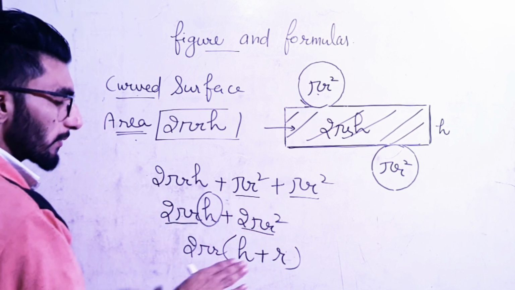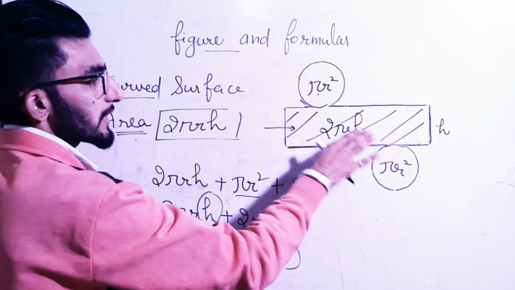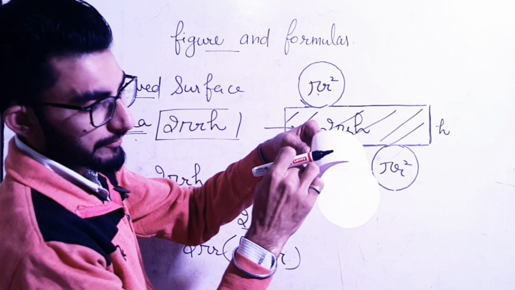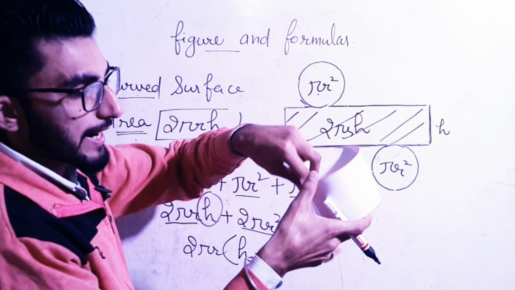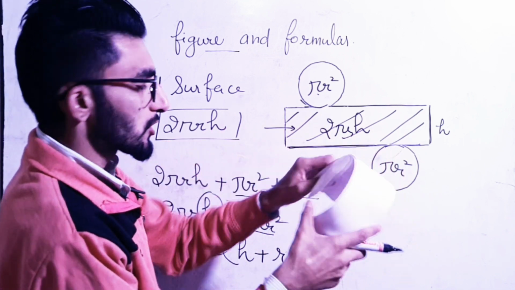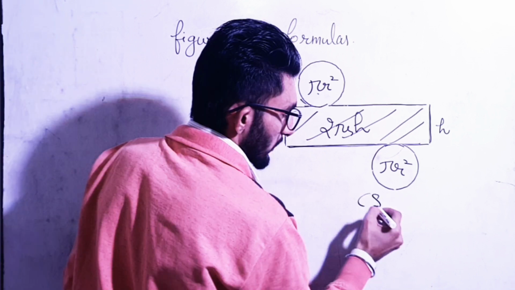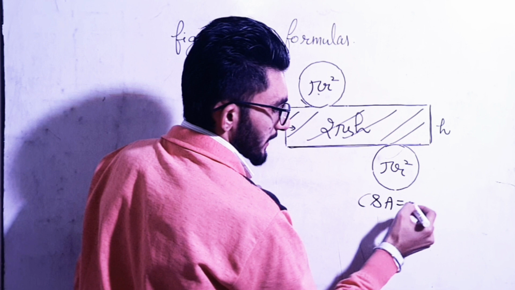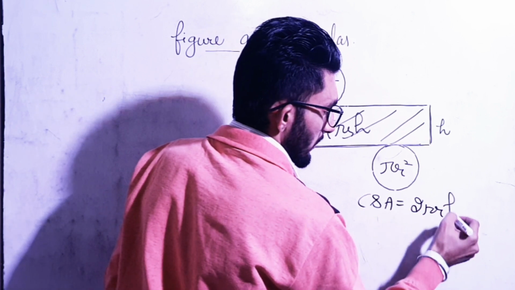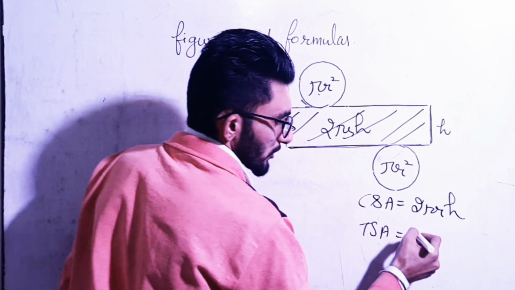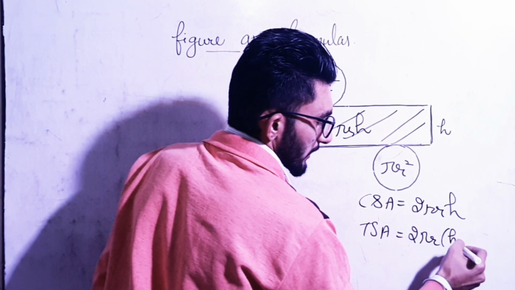So this is the formula of total surface area of this cylinder. ठीक है, so here we have this curved surface area, this circular portion and this one circular portion. ठीक है, so total is 2 pi r (h plus r). So this is our second formula. So curved surface area is 2 pi r h. Clear? And total surface area is 2 pi r (h plus r).